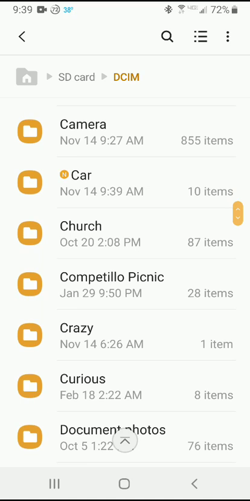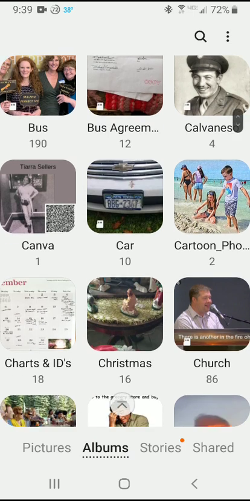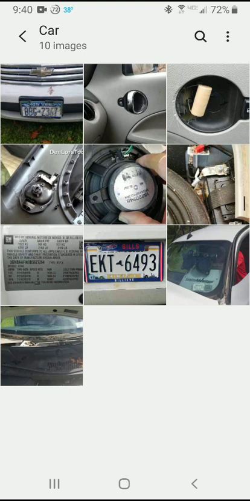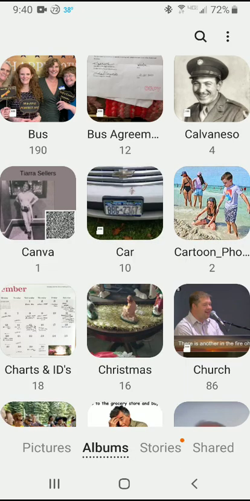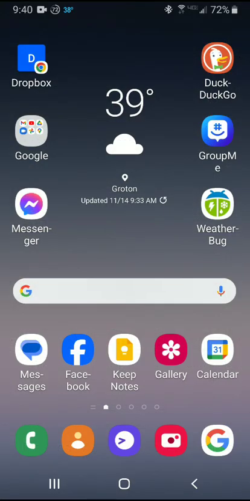And so if we go back to my gallery, I can see car, and now it shows that little SD card icon on the lower left. And so my folder is not taking up space on my phone memory, but it's on my SD card, exactly where I want it to be. So that's cool. And I'm happy with it. Now I've got to stop this video so that I can